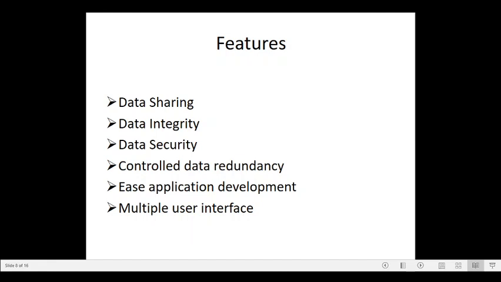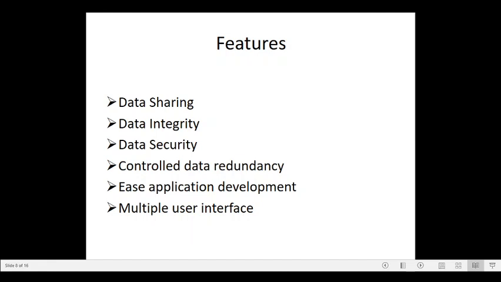And it also controls data redundancy. Redundancy is duplication of data. In order to eliminate duplication, database system is designed by integrating various files and each logical data item stored in